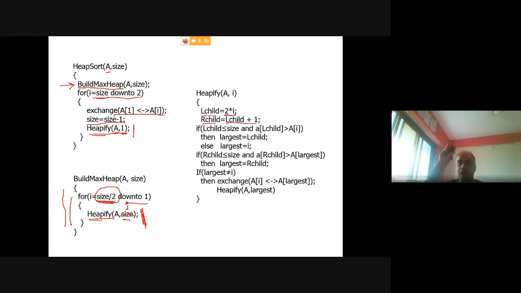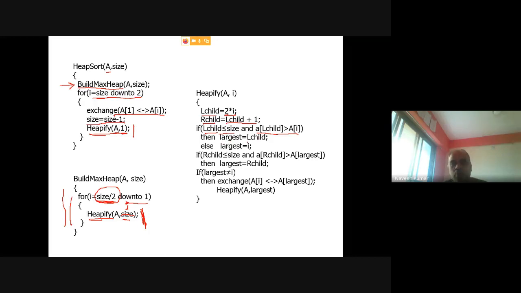So if I is there, left child index is there, right child index is there, you can compare these three. So there are different ways, right? One way is you can compare left child, first verify whether it is a valid position or not, less than or equal to size or not. Then compare this left child with A[I]. A[I] is the root. So compare left child and root. This is another way, right?